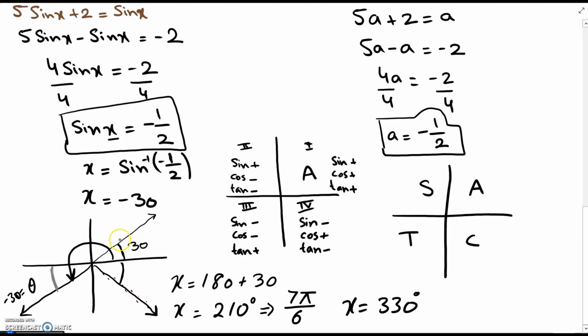But in the positive form, if this is negative 30, on the other side it's going to be 330. The total angle, this angle, is going to be 330. So this is how you find both values, which are supposed to be in the third and in the fourth